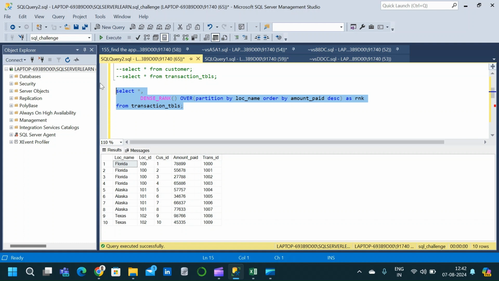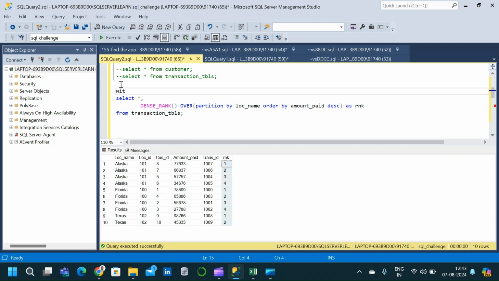Execute this and we will get a new column with the rank. So here we have a rank column, with which we can easily identify the highest amount with respect to each location. So we will place this query inside a CTE with highest amount. So we will name the CTE as highest amount, open and close parenthesis, and this is the first